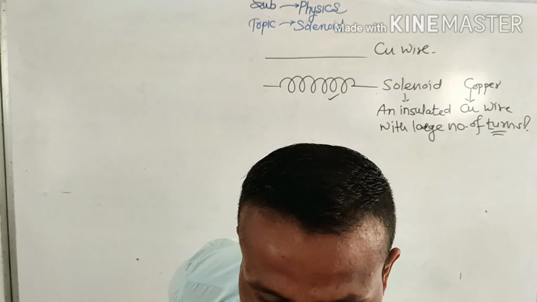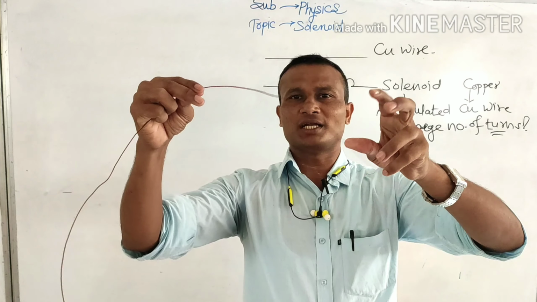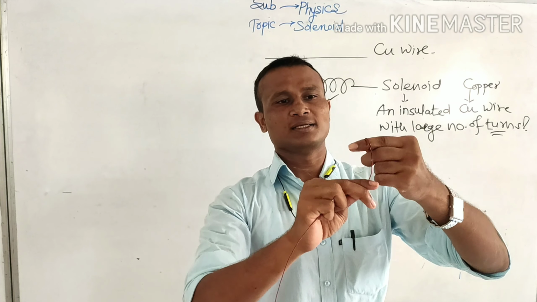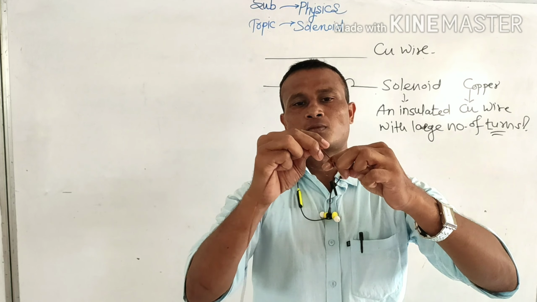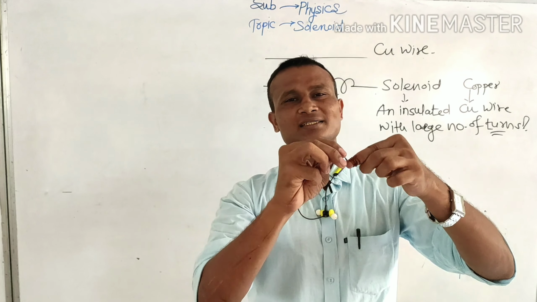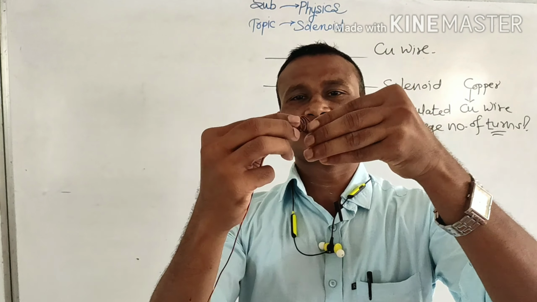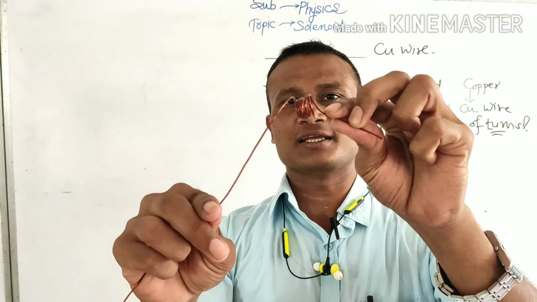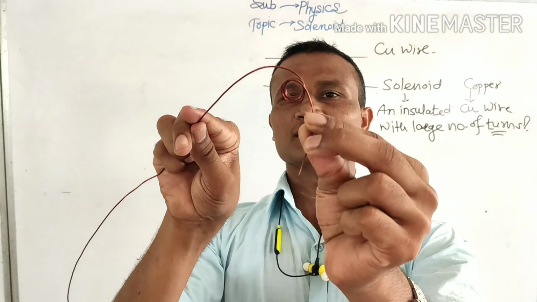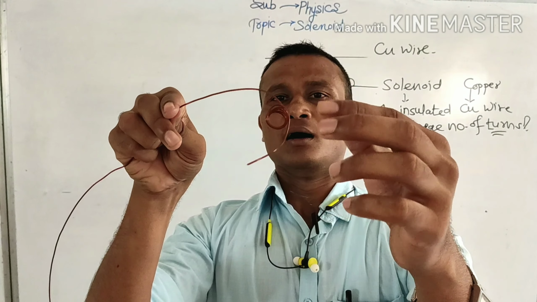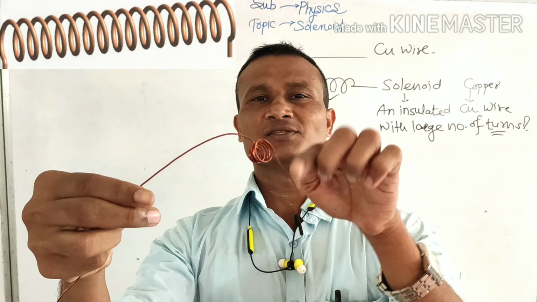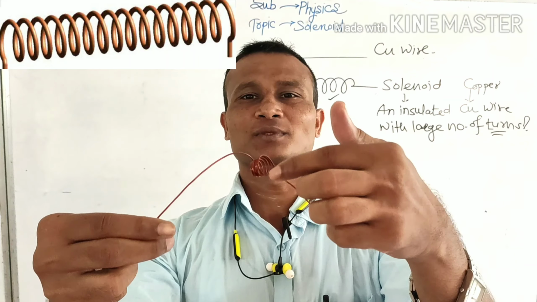This is insulated copper, it's a straight wire. Now what I am going to do, I am going to wind it up like this. You all can see it, right? The many turns you can give to the copper wire. Now this arrangement, you can see easily, is a solenoid. You can see there is an empty space in between. Most of the time, the length of the solenoid is very great as compared to the size of the solenoid.